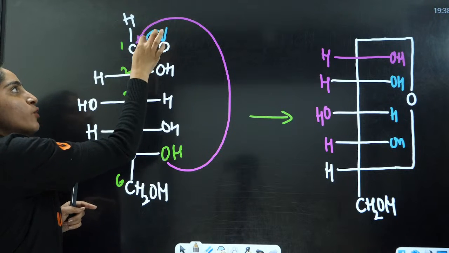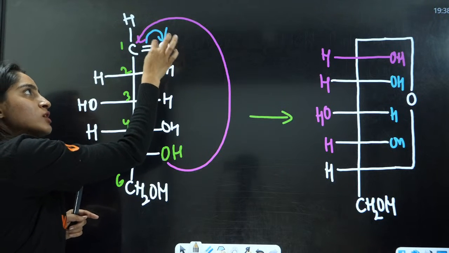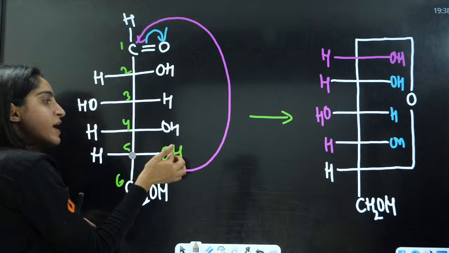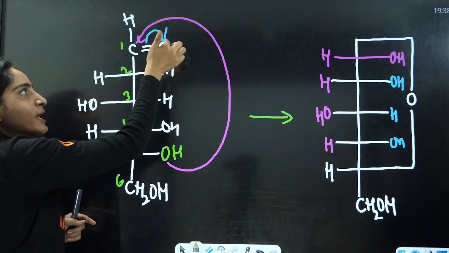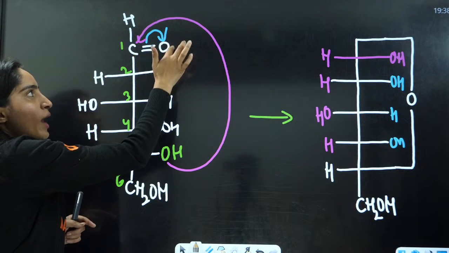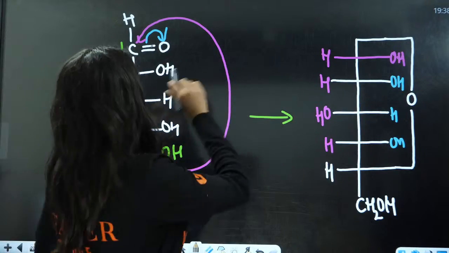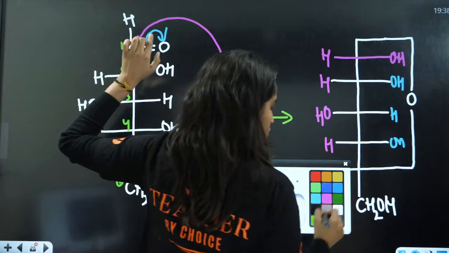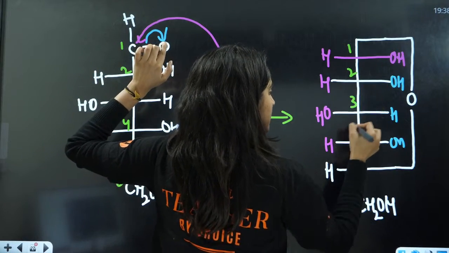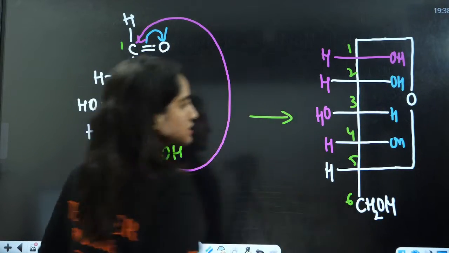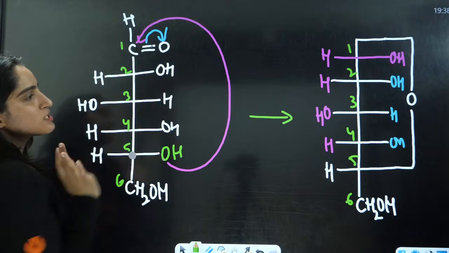Now the electrons are going to jump here. There will be O negative, and this H positive is going to link here, right? There will be OH. This OH I have shown here, right? So this was the first one, this is second, third, fourth, fifth, sixth. Yes, all the other structures are the same.